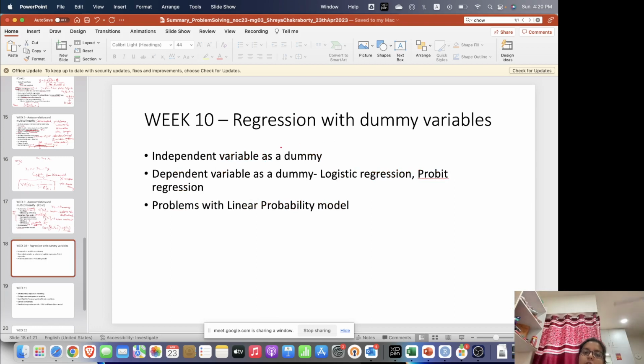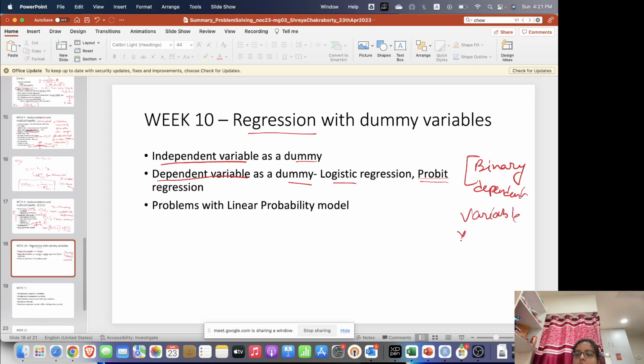And then for week 10 we learnt about regression with dummy variables, where we could have an independent variable as a dummy, or we could also even have a dependent variable as a dummy. So then this would no longer remain a linear regression. We would either have a logistic or probit regression where we have a simple case where the dependent variable is binary, either yes, no, male, female,